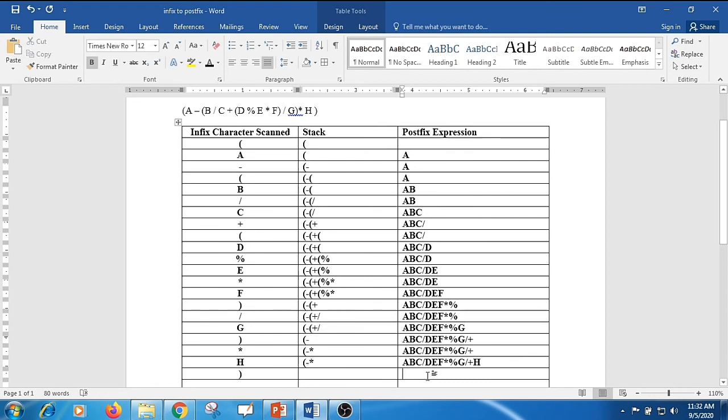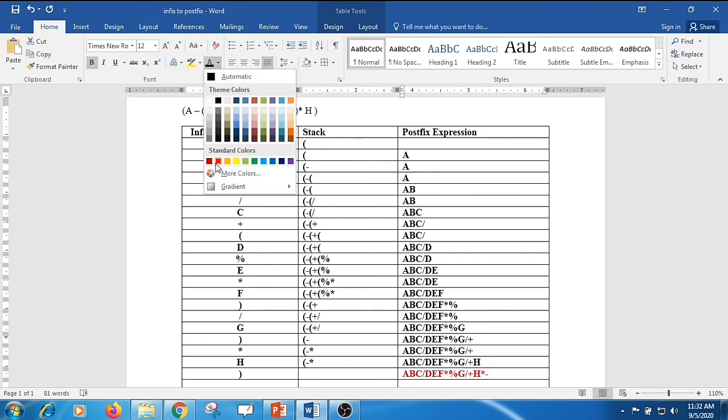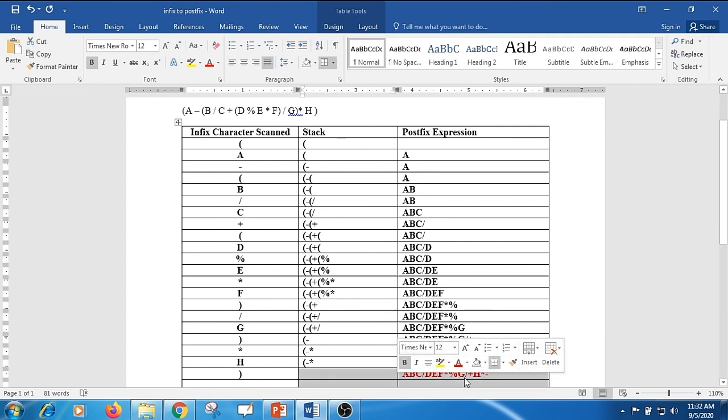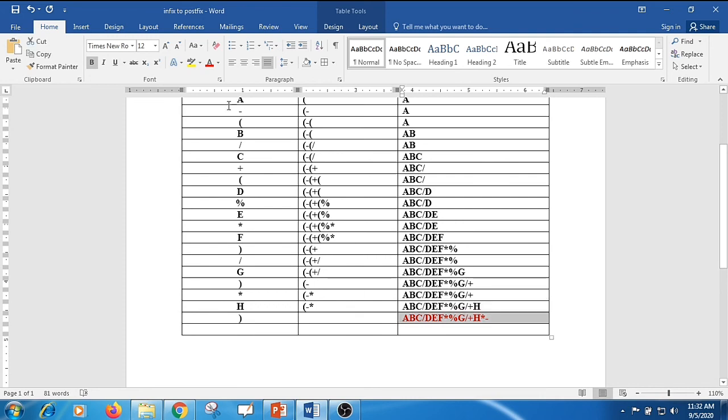So after H, you will get a star and a minus, and you have to discard the opening bracket. So now the stack is empty. When the stack is empty, you can conclude that this is the resultant postfix expression.